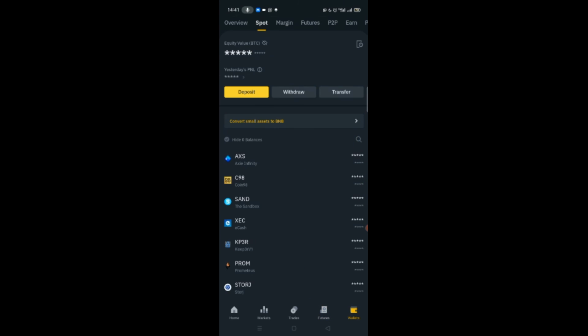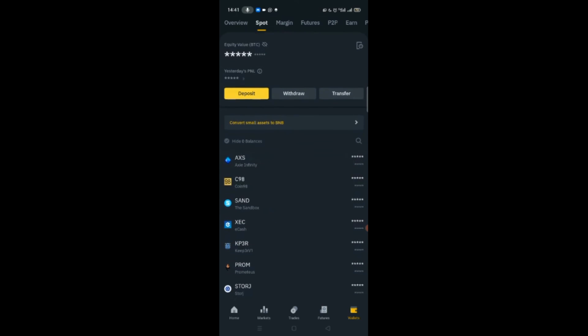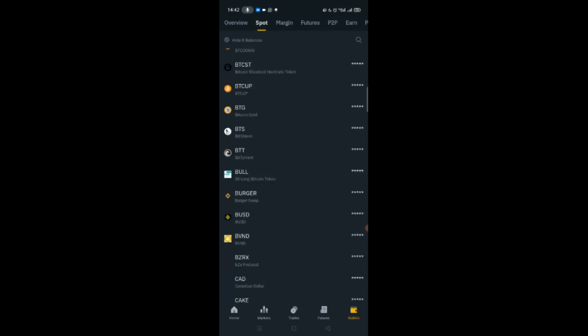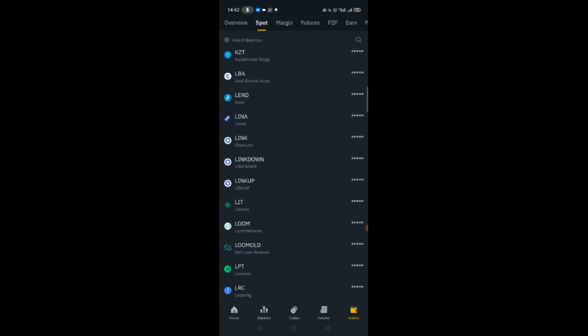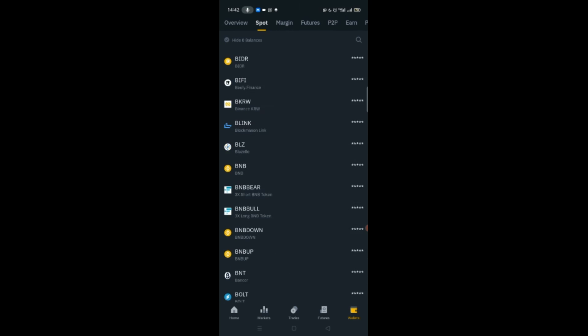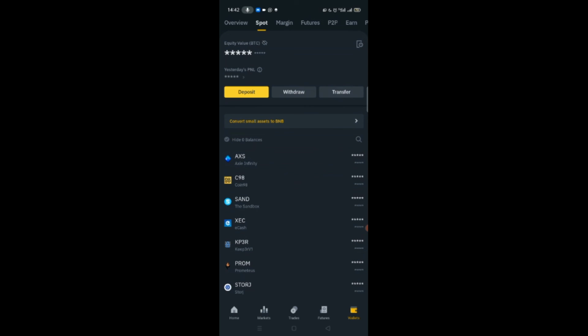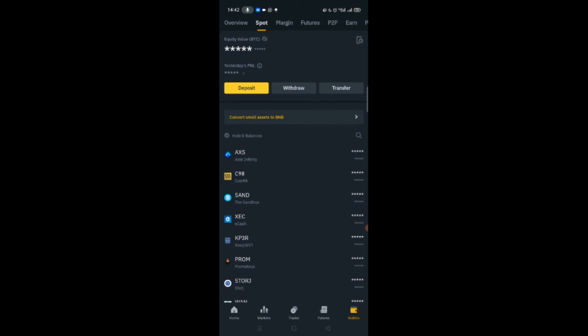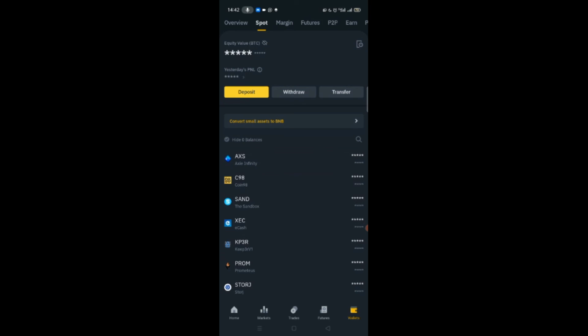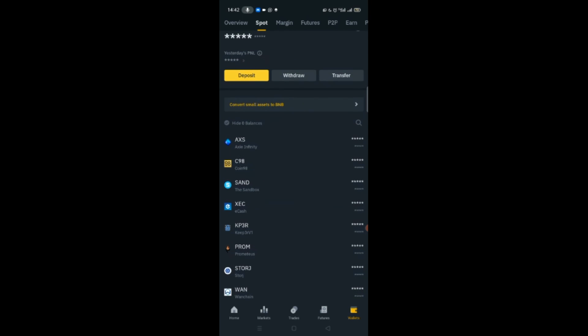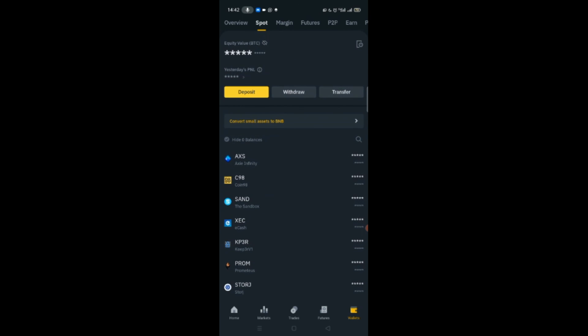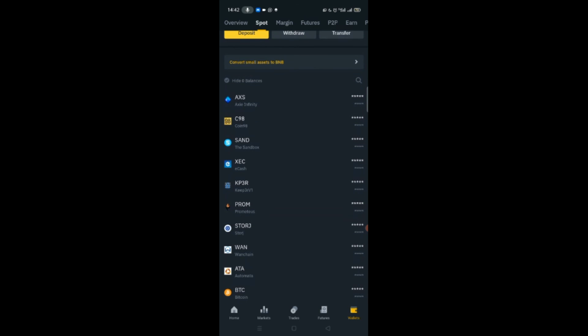So this is my wallet. These are available tokens that you can trade on. As you can see, my balance is up here, though it's hidden purposely for security reasons. I have to hide it from you guys. But once you deposit some funds into this wallet, this is where it's gonna reflect up here. So now let's say